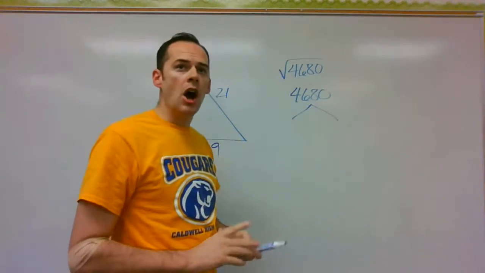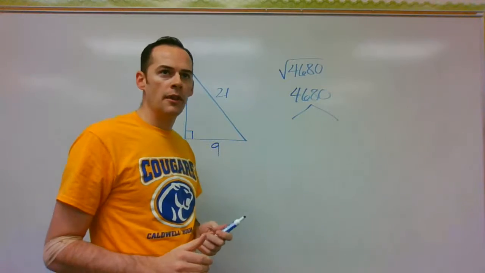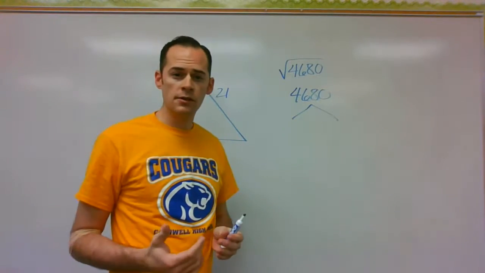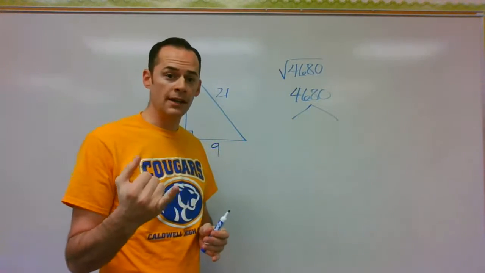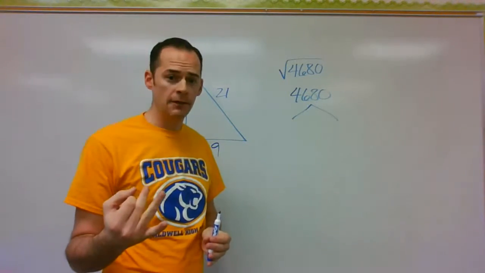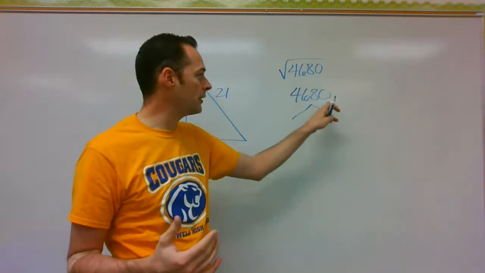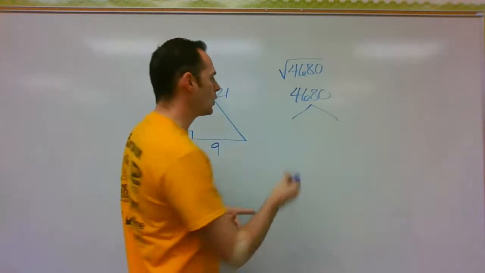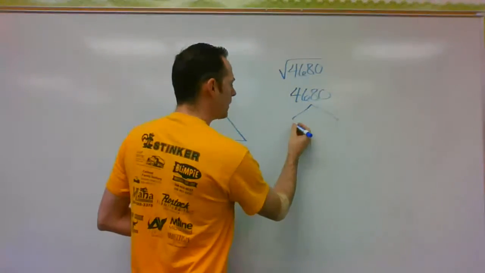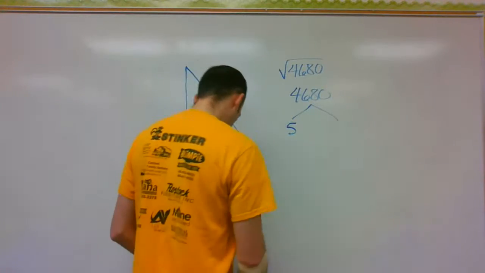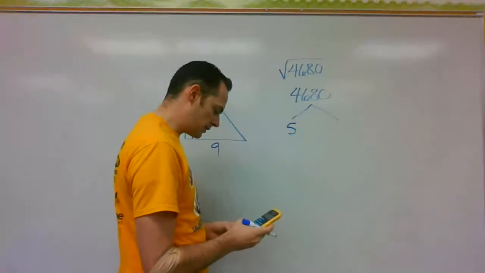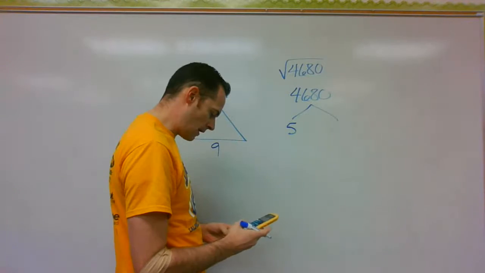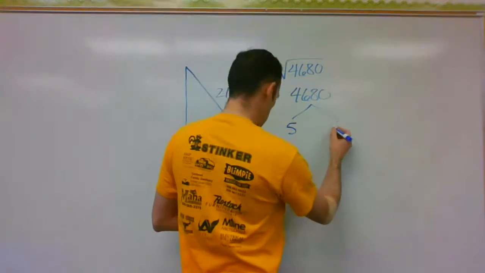Automatically I know that one of my prime factors is 2 because it's an even number, and 5 because anything that has a 5 or a 0 on the end is a multiple of 5. So I am going to go ahead and start by removing a 5. I don't know what the other side is, so I'm going to divide that by 5, and it gives me